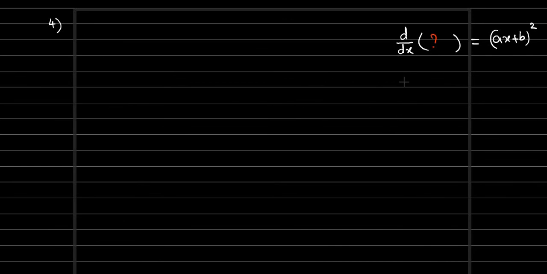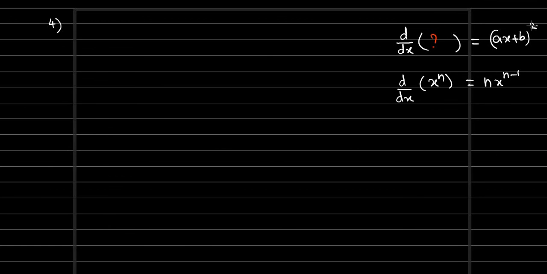See, always remember one thing. We have the x power n formula, right? The x power n formula, that is n x power n minus 1. So here, if it is power 3, here it will be power 2. If it is power 5, one power will be reduced. Okay, while finding the derivative, actually one power gets reduced. So using that concept, what will be here? ax plus b whole cube is possible, right? So what can be the possible function here?